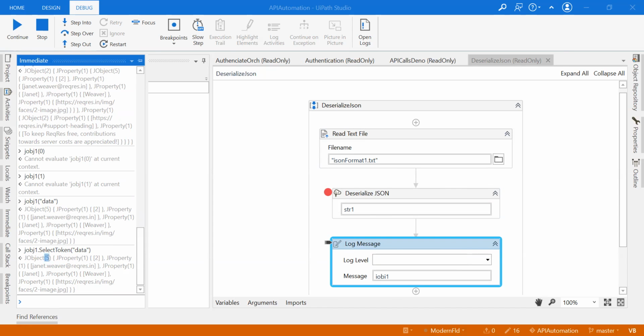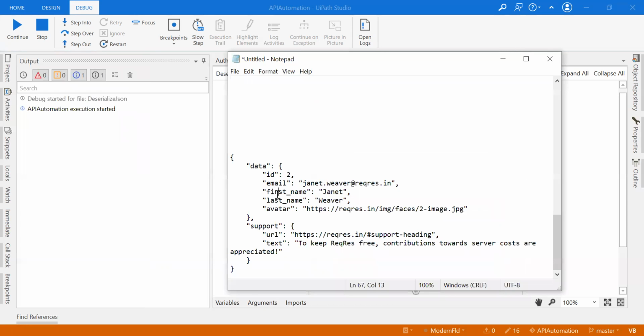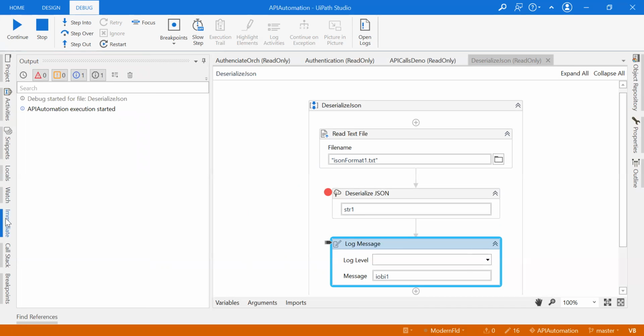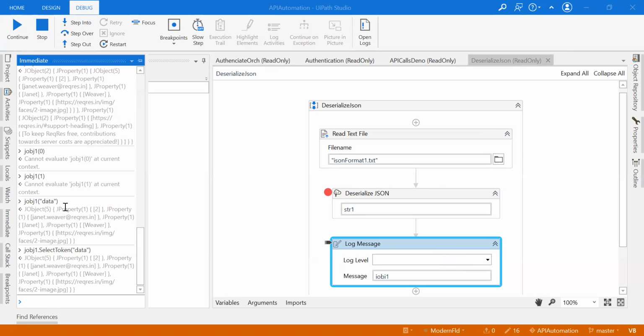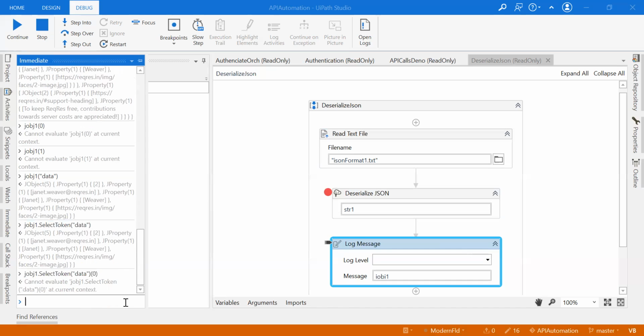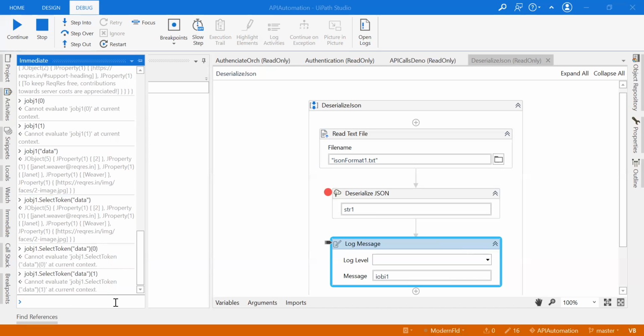This data itself contains 5 objects. What are those 5 objects? ID, email, first name, last name, and avatar. Now if you wanted to fetch the values which are inside that particular data, how can you do that? You can do it in 2 ways. The first way is either you can give, sorry, this should be 1. So what we are actually doing,